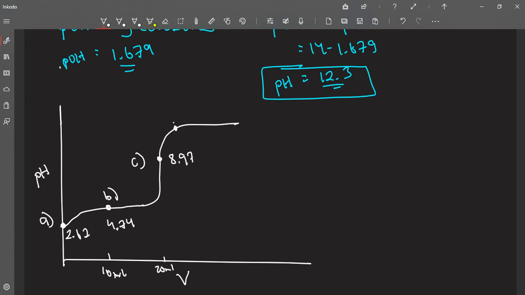So only slightly above, maybe my graph isn't perfect here, but only slightly above. So let's say here, so at 23 milliliters, so just 3 mils beyond equivalence, you can see the sudden jump from 8.97 all the way to 12.3, to a new pH of 12.3. This is your last point. Okay, so this is a titration curve, so the titration of